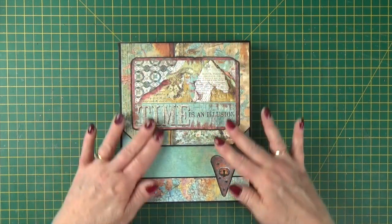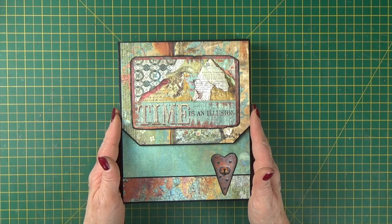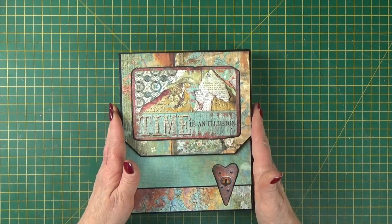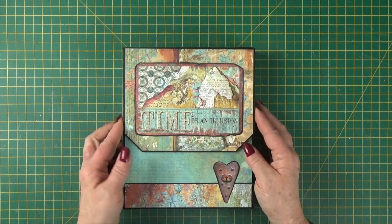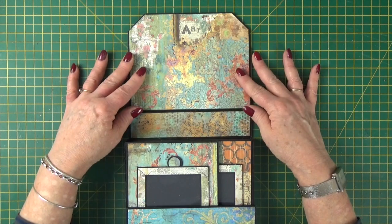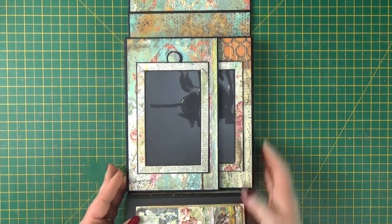So we've got a really lovely sort of double cover with a magnetic closure. This cover set does come as a pre-cut MDF set if you wanted to buy that. It does give you a really durable cover, and over time it doesn't sag, which is why I have the covers cut in MDF. So the magnets are inset, so magnetic closure, and then it opens out and you can start layering pictures as you go. So a nice space here at the top and again at the bottom, and then this one opens out. Let's just lift it up,